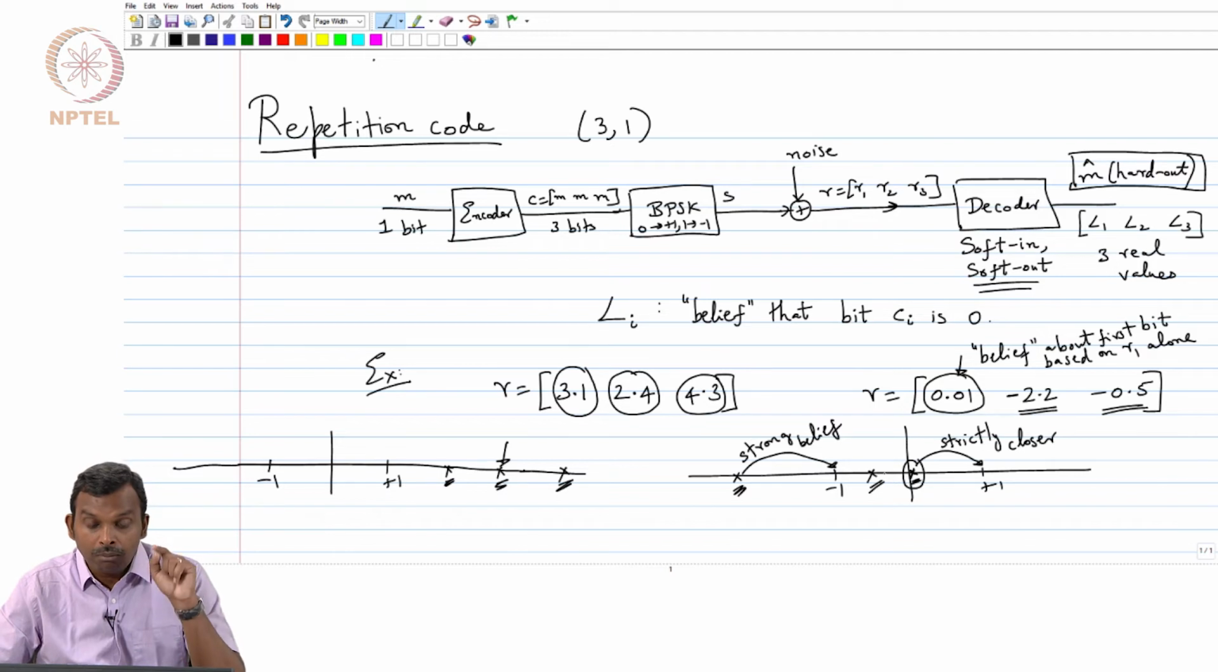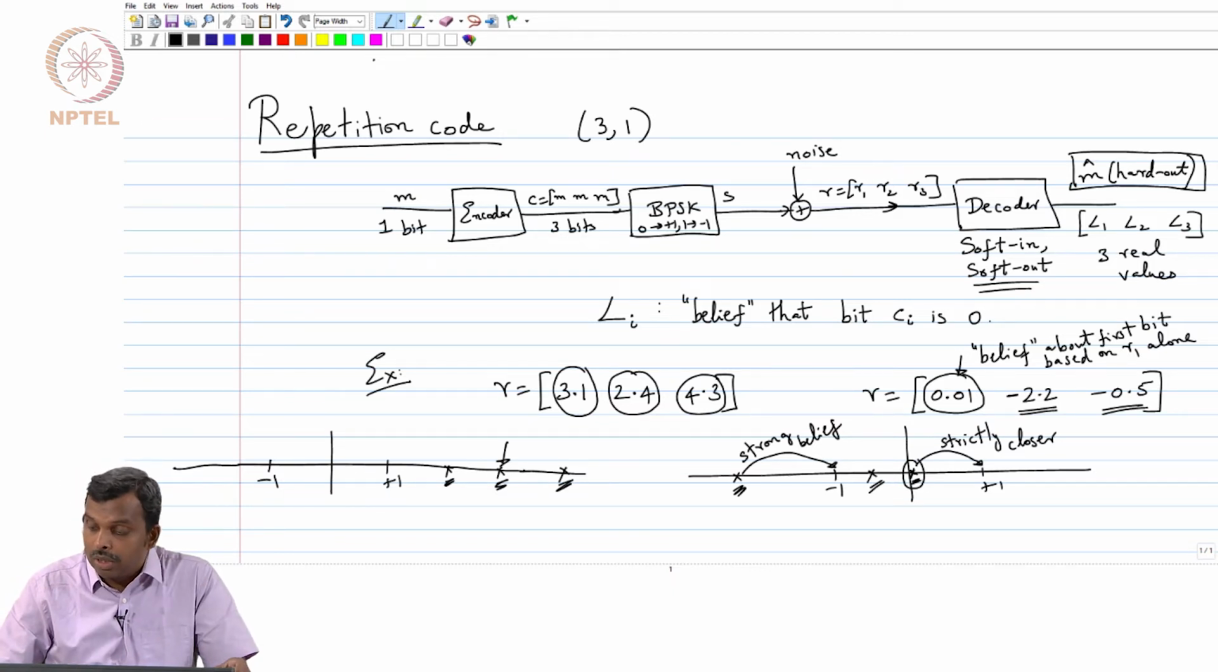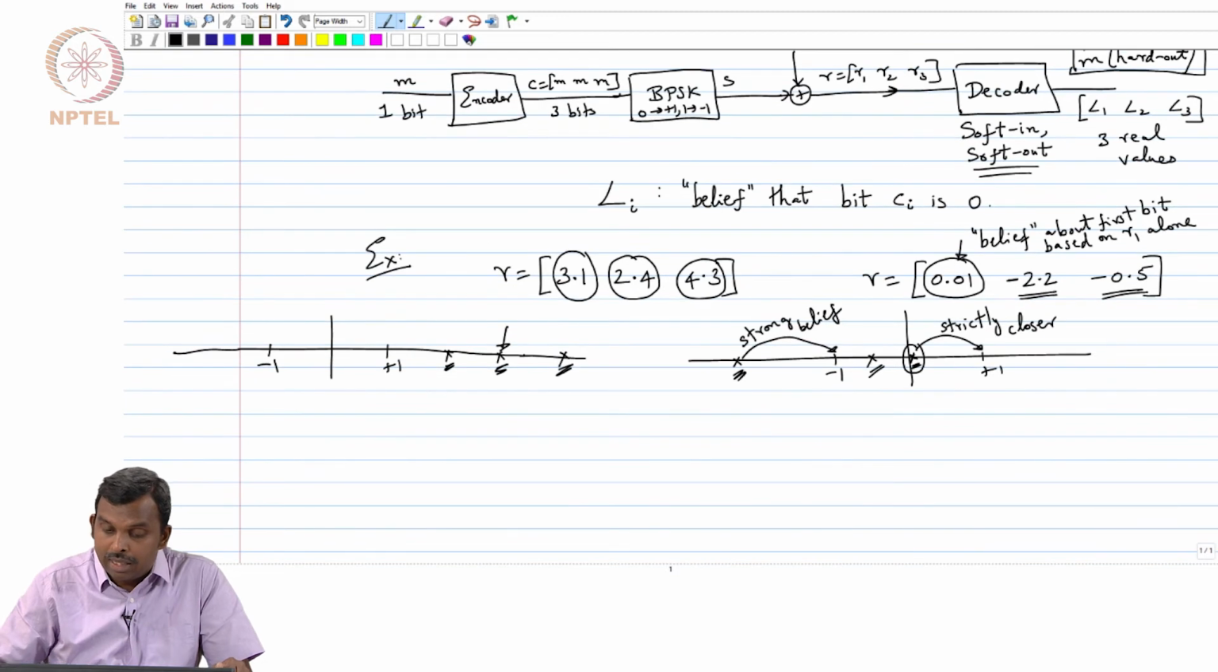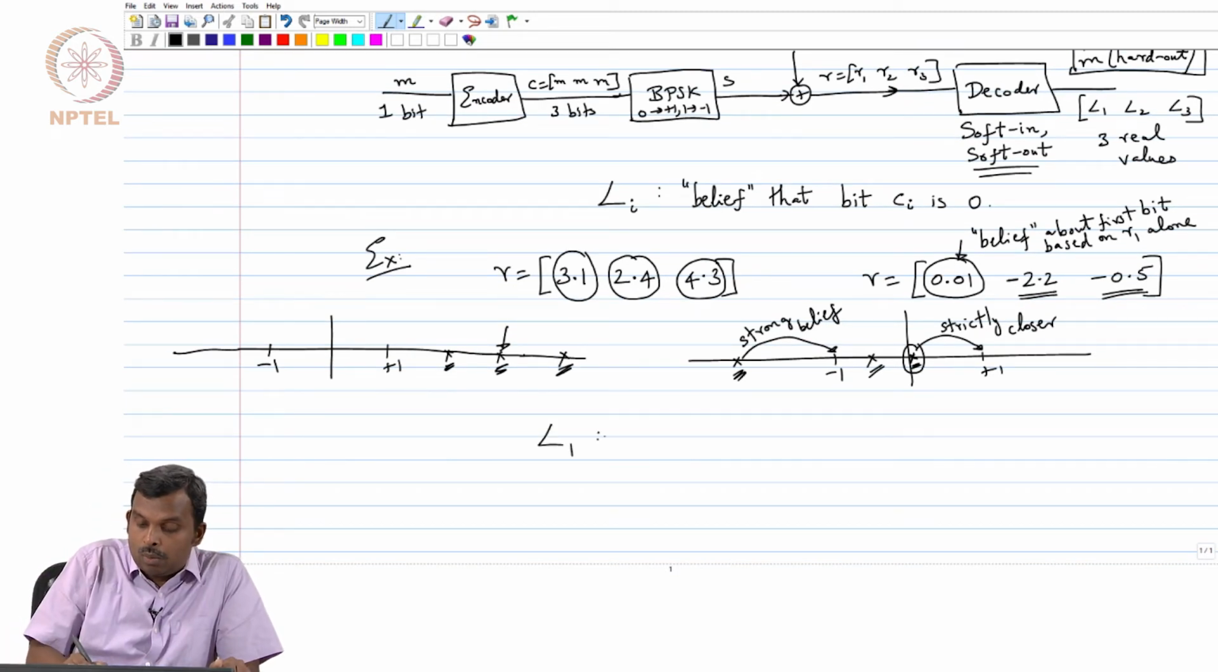This is a repetition code. If the bit was 0, you transmitted +1 +1 +1. If the bit was 1, you transmitted -1 -1 -1, and all three were received for that. Okay. So you want to use R1 as well as R2 and R3 to compute the belief for the first bit. So in other words, if you just look at these examples, it's clear that you compute L1